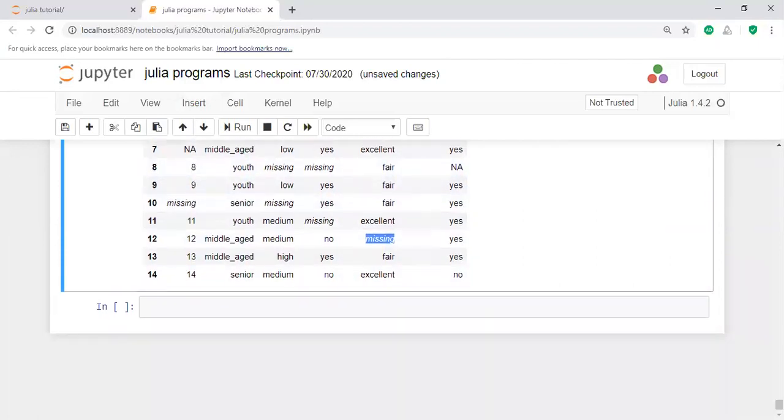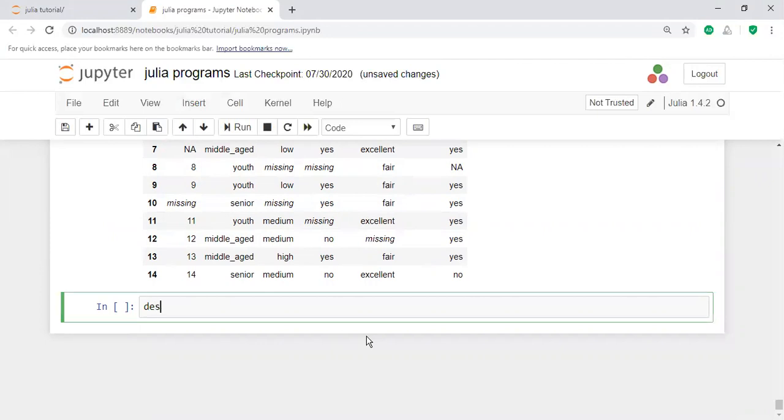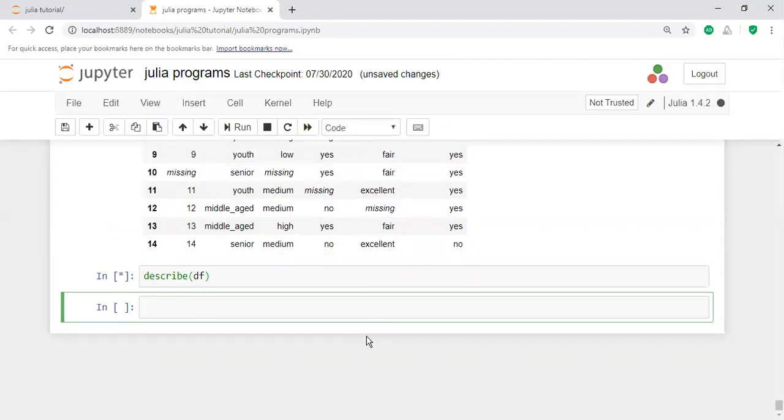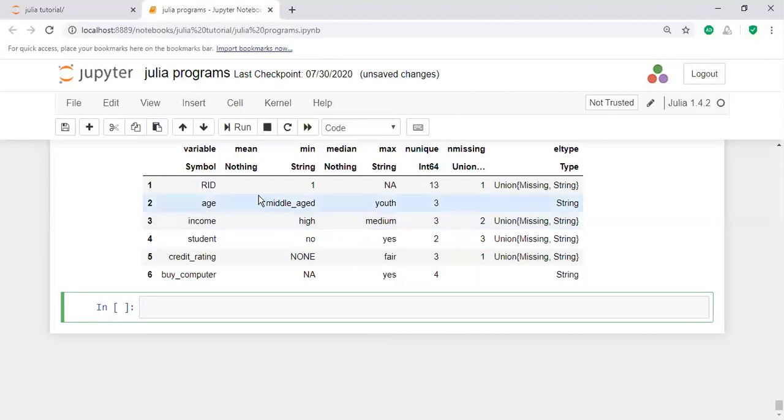I want to replace the missing data with some specific information. This consists of a lot of missing data, and I don't know where the missing data is. For getting the missing data, use the describe function, df.describe. It displays the missing related information, for example the different rows.